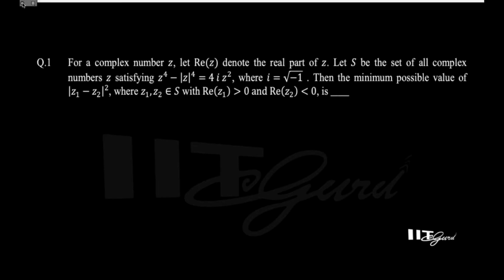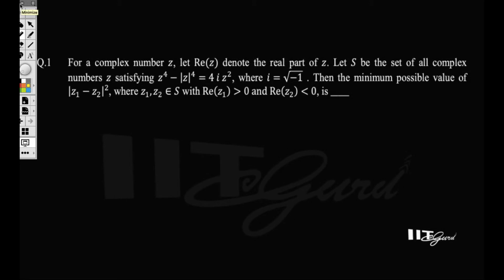In this question number 1, this is from complex numbers. The condition is given as an equation in Z, of degree 4, and you have to find the minimum possible value of |Z1 minus Z2| whole square, where Z1, Z2 belong to S, the real part of Z1 is positive and the real part of Z2